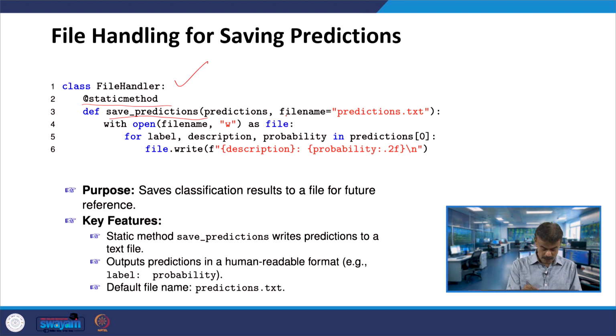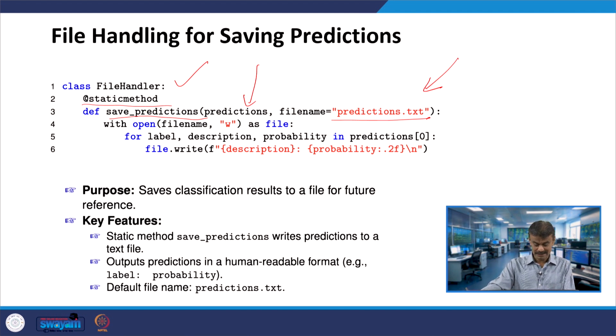Here you are defining save_predictions, passing predictions, and the file name predictions.txt. So, line number 3 defines the save_predictions method with two arguments.